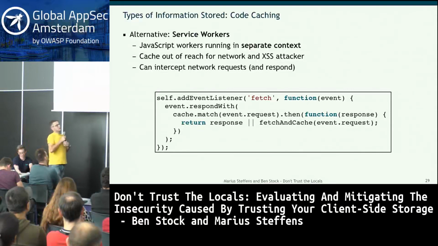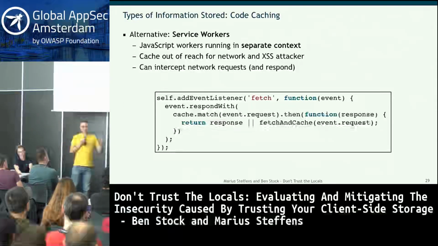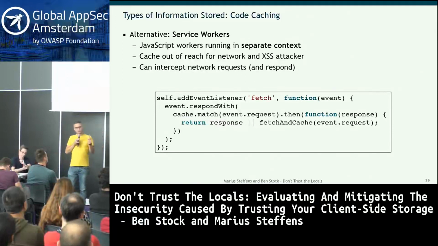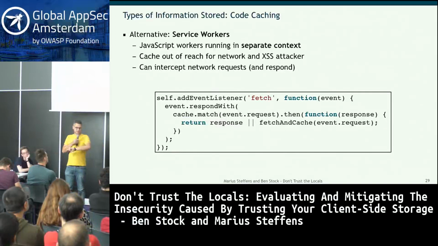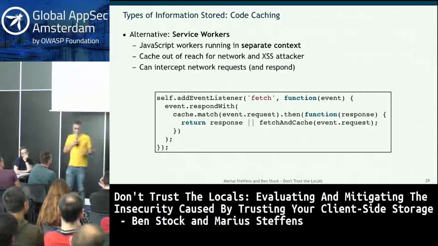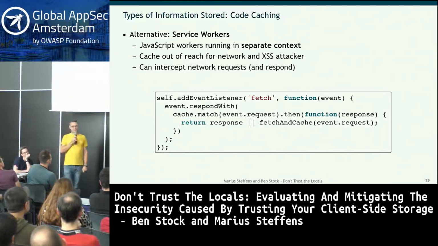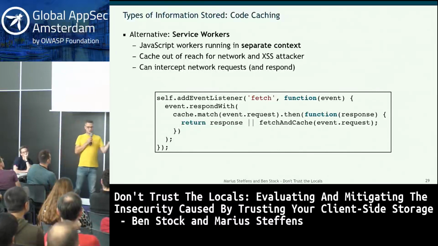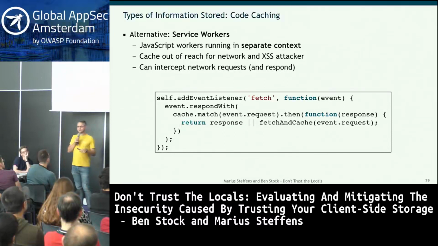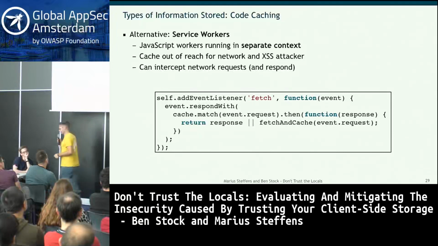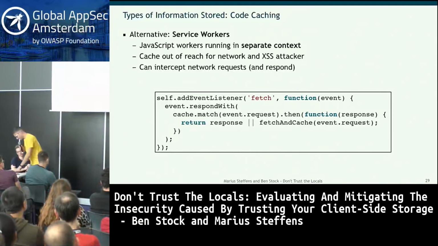In particular, because service workers are isolated from the page itself. So even if the page says I want to run the service worker, there's no way for the page to script into the service worker. So if you have an XSS in the page, nothing is going to happen. With one exception, I told you before, IndexedDB is shared between the service worker and the main page. So if the service worker uses IndexedDB for code caching, then it's again stupid, because then it's scriptable, or somebody can script into it again.